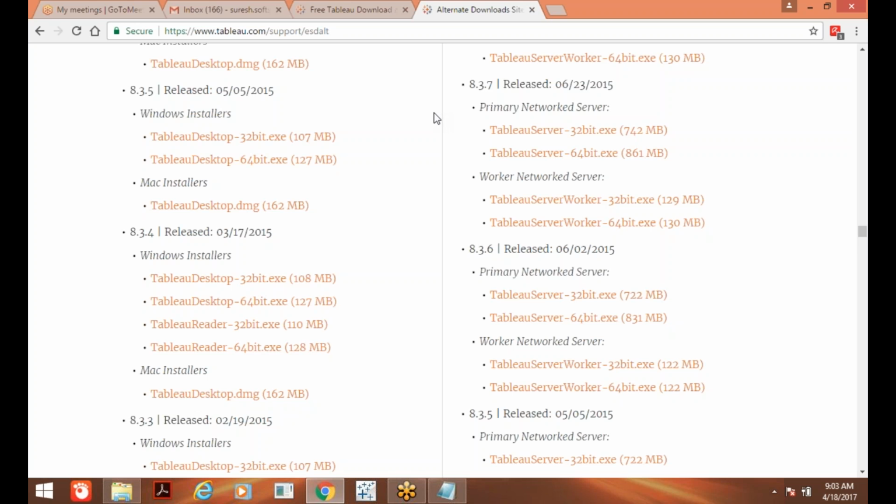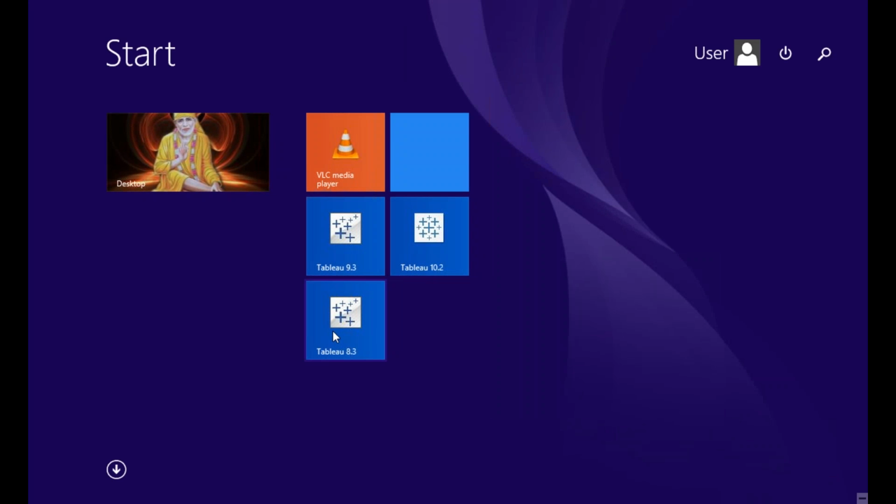And if you use one key, it will work for all the versions. Suppose you are maintaining 3 versions, as I have in my system right now. For all these 3 versions, one key is enough. If I activate one version, all the remaining versions are automatically activated. You don't need to maintain different keys for different versions. One key is enough for all the versions. Clear?